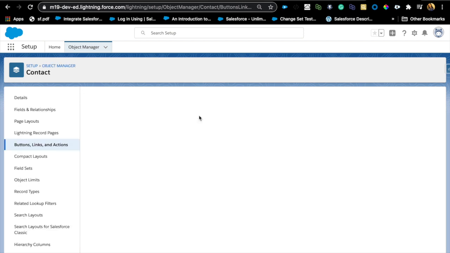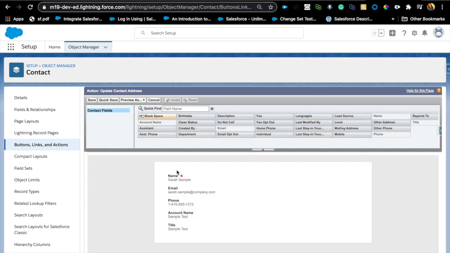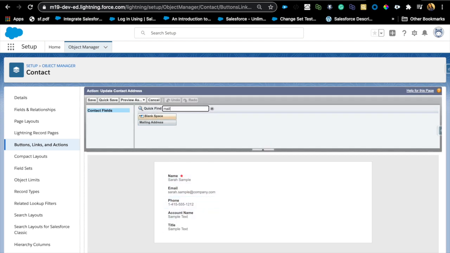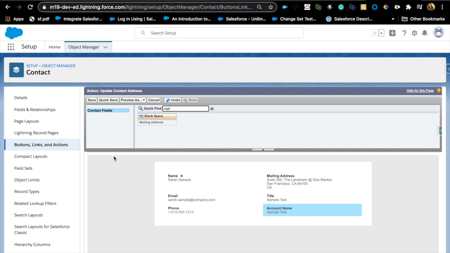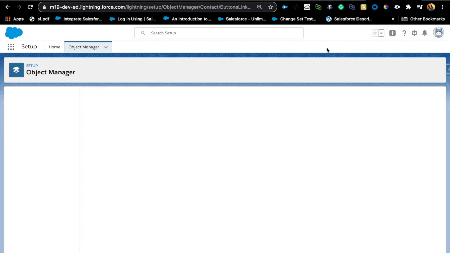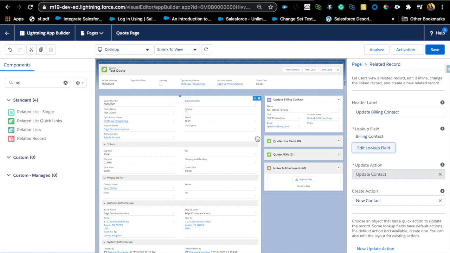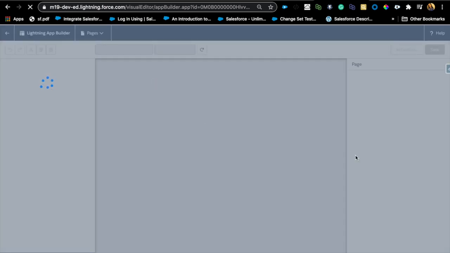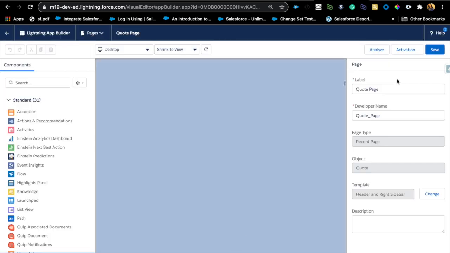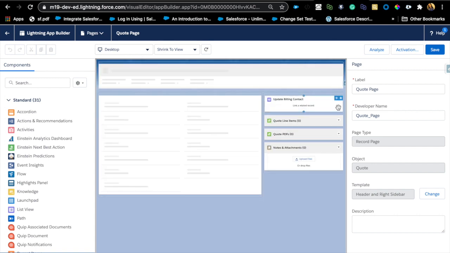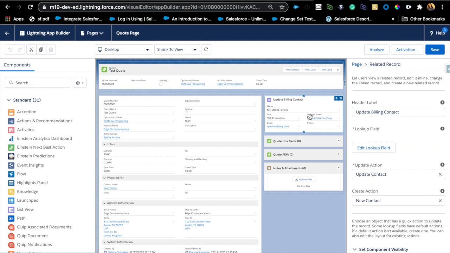The next step would be to actually add the fields here. So that comes out of the box, but I'm also interested in the address. I'm just going to add address here and maybe arrange it a little bit on the page. Hit save. So this is your contact address, and I'm going to go back to that screen. Hit save and refresh it. Once we refresh, we're going to look at the other action available to us. All right, so as it loads,